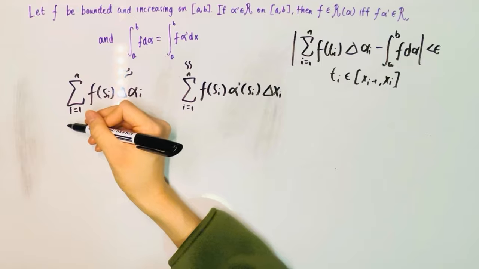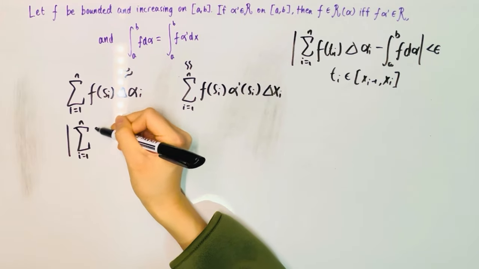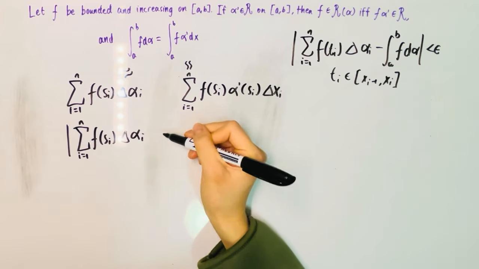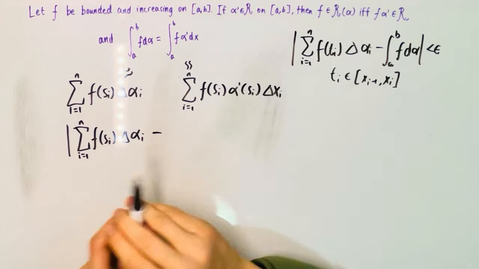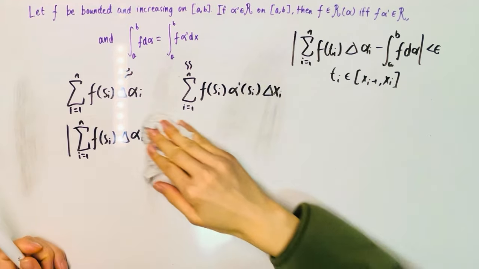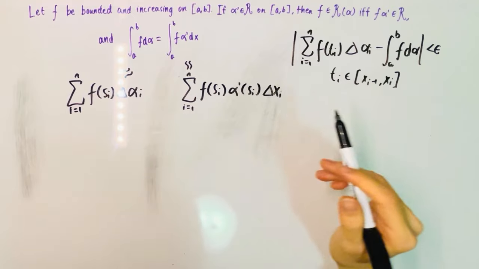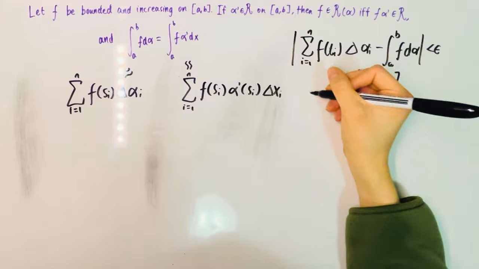So let's do that. Take the absolute value of the sum of f of si delta alpha i minus, oh, silly me. Well, first we have to make it so these look more similar to each other. And how we're going to do that is using the mean value theorem. So, by the mean value theorem,